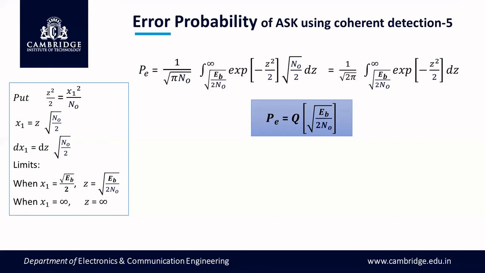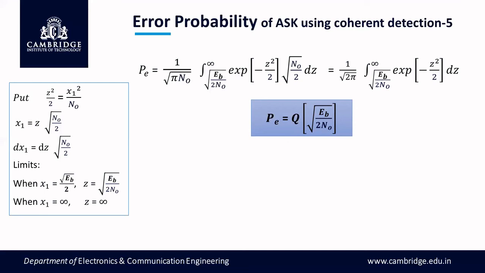Next question comes, what if symbol 1 is transmitted? We assume that symbol 1 and symbol 0 are equiprobable. That's why we end up with the same equation for symbol 1 transmission also. So the probability of error for transmission of symbol 1 and symbol 0 will both remain the same. And hence, the average probability of symbol error is also given by the same equation, right? So this equation gives the probability of error for symbol 0, the probability of error for symbol 1, and also the average probability of any symbol, right?